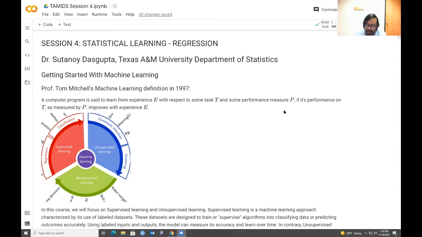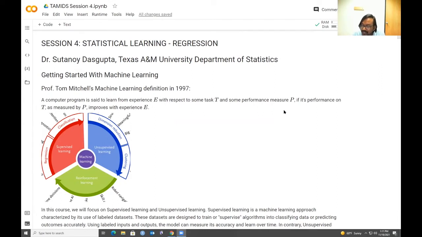For example, suppose I want the machine to do a particular task, which is to differentiate an image of a dog versus an image of a cat. Instead of trying to code several thousands of lines describing the different possibilities of what an image of a dog might look like, which could be huge variability because of different breeds, different backgrounds, different sizes, and so on, I give the machine the image of a dog and simply tell it that, hey, this is the image of a dog. Then I give some examples of images of cats.